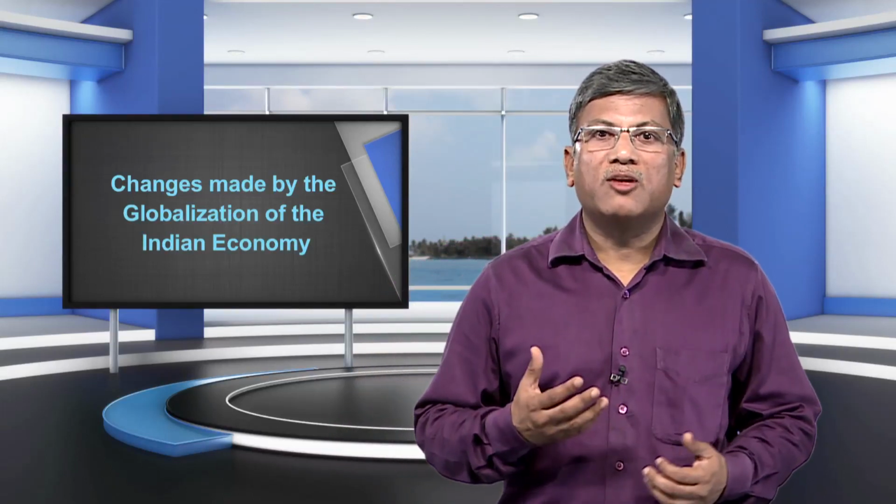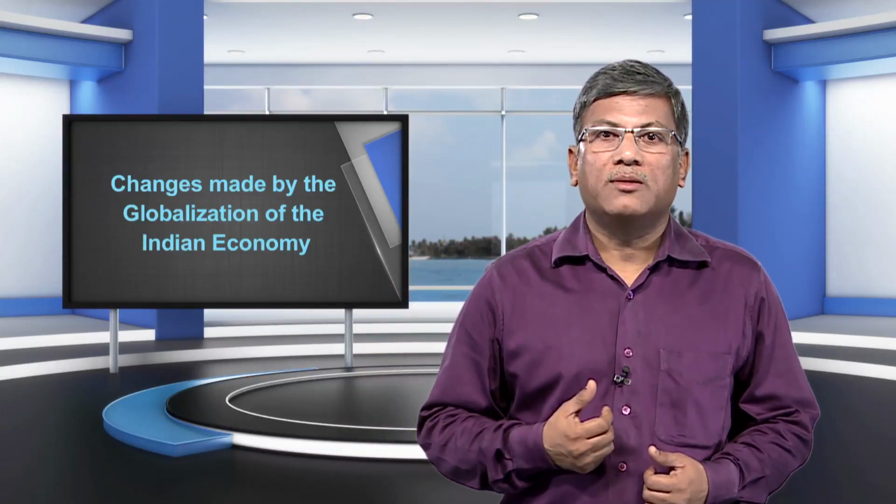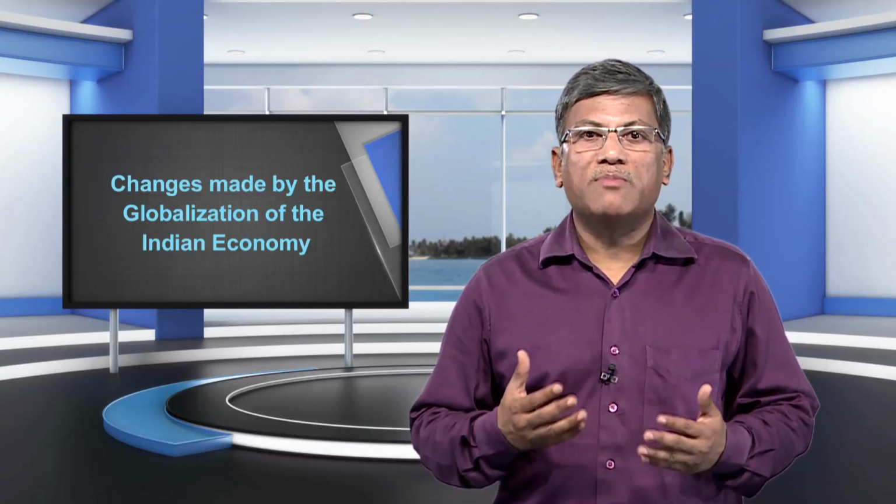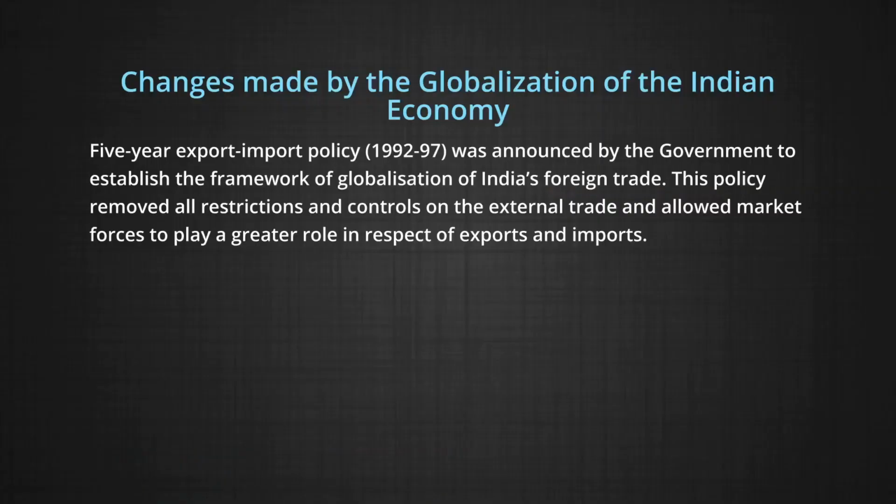To integrate the economy with the world, the Union Budget 1992-93 made the Indian rupee partially convertible, and then the rupee was made fully convertible in current account transactions only in the 1993-94 budget. A 5-year export-import policy covering 1992 to 1997 was announced by the government to establish the framework